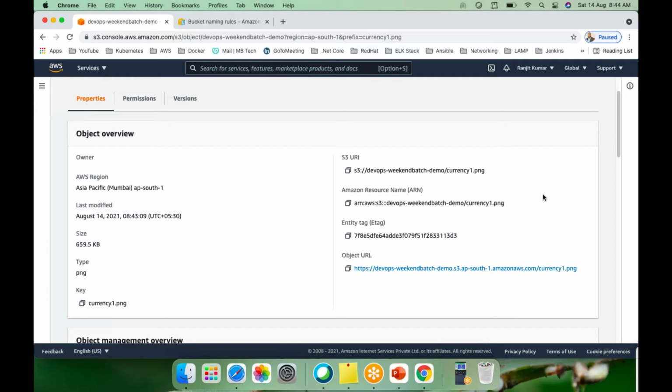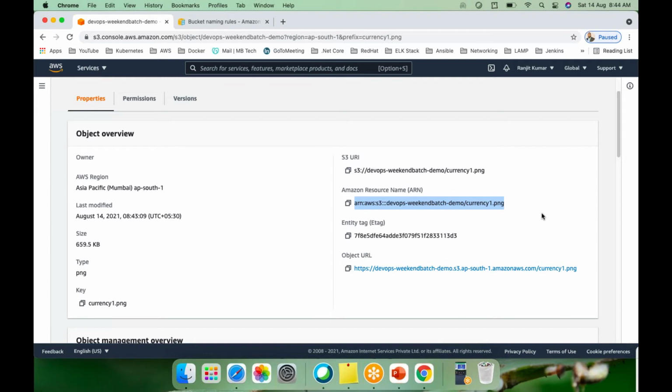The file is uploaded. Now if you want to access this file, just go to the bucket. Here in the bucket you can see the file is uploaded, right? To access this file, just click on it and you'll find one object URL.